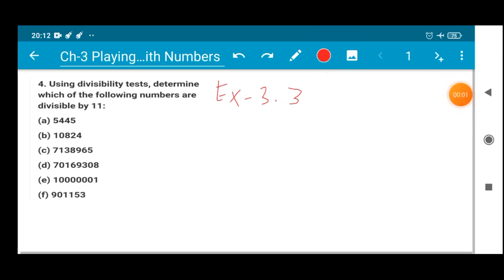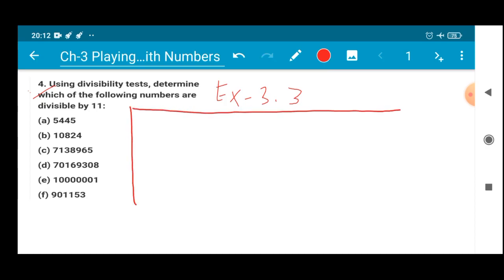Question number 4 states: using divisibility test, determine which of the following numbers are divisible by 11. Now here we have to use the divisibility rule of 11. Let me revise that divisibility rule, although I explained it in the introduction part of the video on divisibility rules. For 11, it states that if any number is given to you, say I'll give the